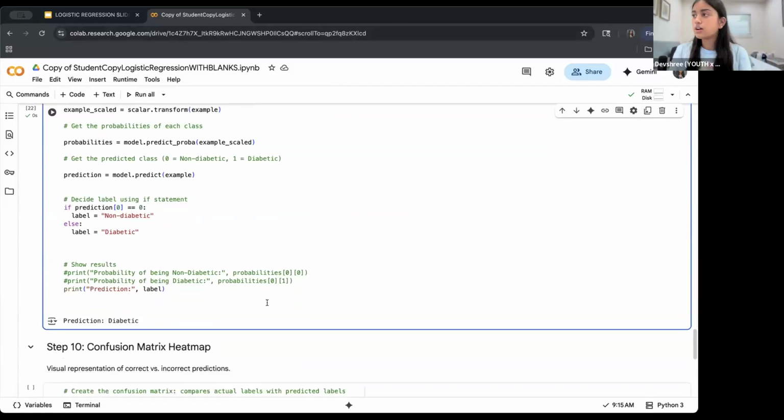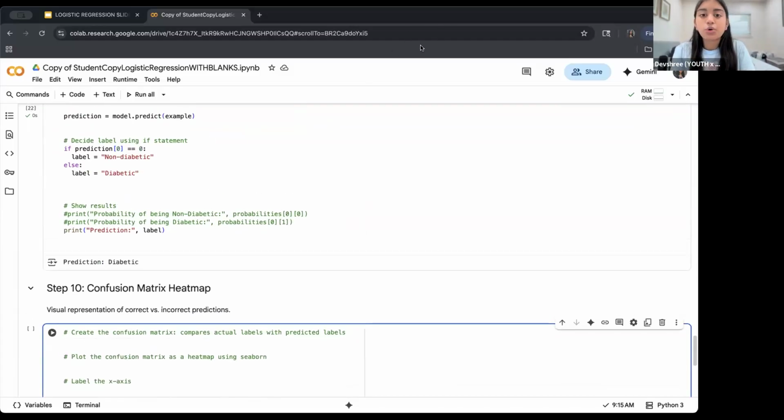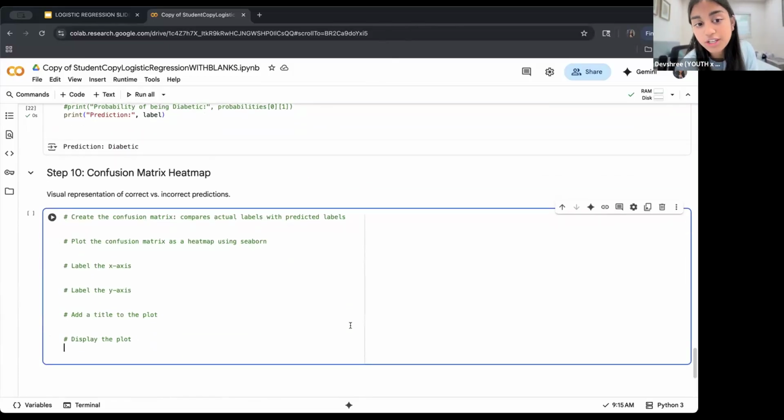All right. So moving on. Let's go ahead and create a little bit of a visualization of what just happened. So now we got our model to predict something, but how do we see its accuracy? Now there's a lot and a lot of different ways you could go about this. We're going to be only going over one in this because for the sake of simplicity, we're going to be going over something called the confusion matrix. So this is something called the heat map, and if you look at research boards and things like that,